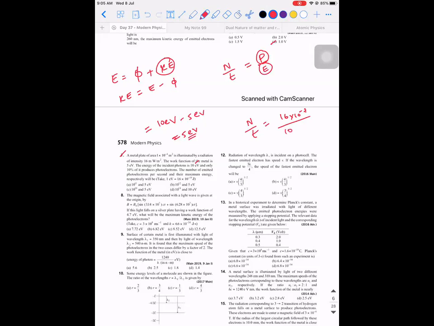What should you substitute in the denominator, 10 electron volt or 5 electron volt? 10, sir. Yes. So 10 into 1.6 into 10 power minus 19, right? So what are you getting? 10 power 12. So the number of electrons per unit time is 10 power 12, but they say only 10% of them are coming out. So 10% of this will be 10 power 11, and their kinetic energy is 5 electron volt. That's what we have got.